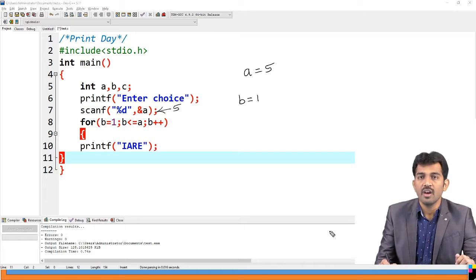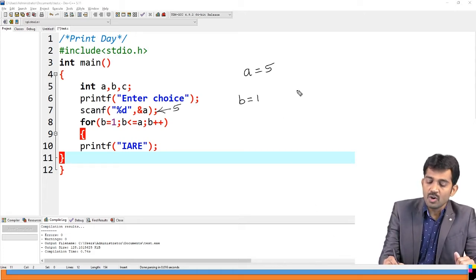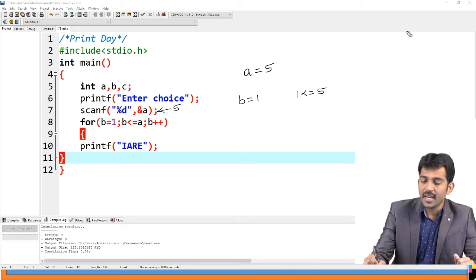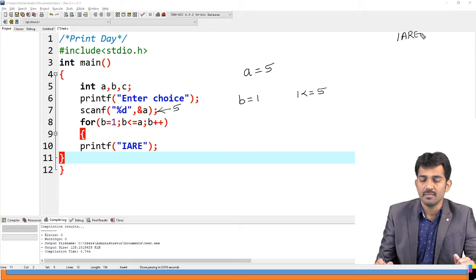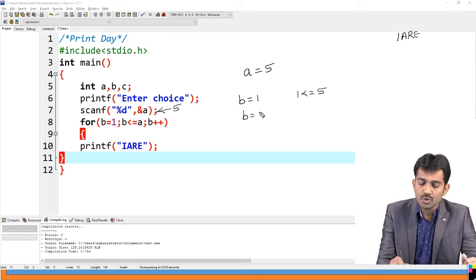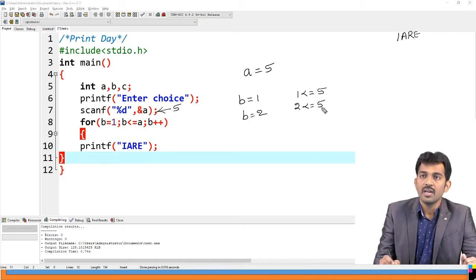When b equal to 1, b less than or equal to 5 means 1 less than or equal to 5. Condition true or false? Condition true. When the condition is true, it is going to print IARE the first time, right? After that, b equal to 2. 2 less than or equal to 5, condition true. In the true condition, it prints IARE the second time.